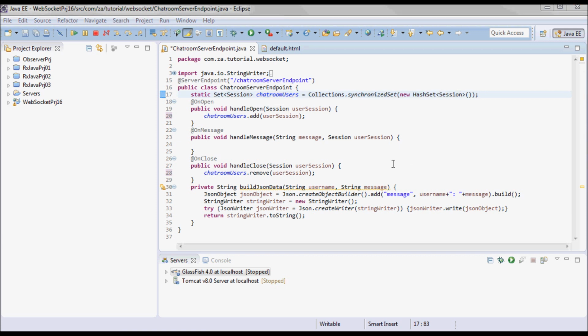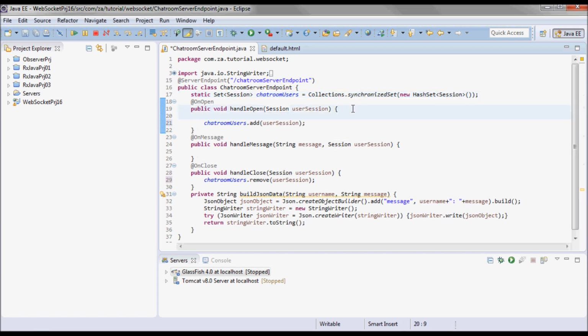And the username that a user will use to communicate will be based on his authentication. So I'll pick up the username from the session, user session, .getUserPrincipal, .getName. And in this case we have 3 users for the Glassfish application server. We had ZA user 1 and ZA user 2 and ZA user 3.